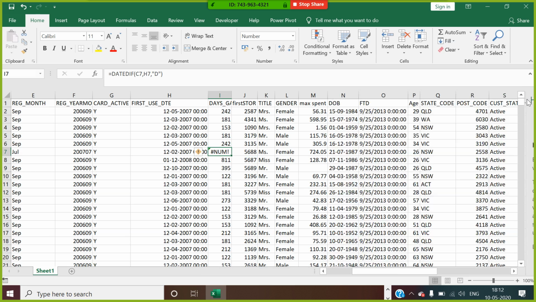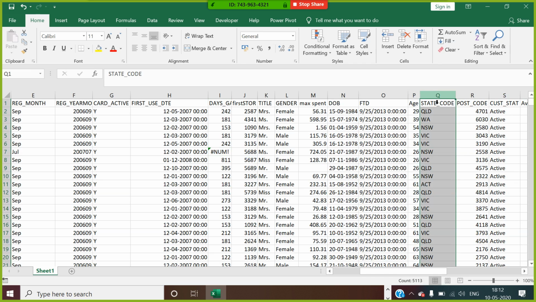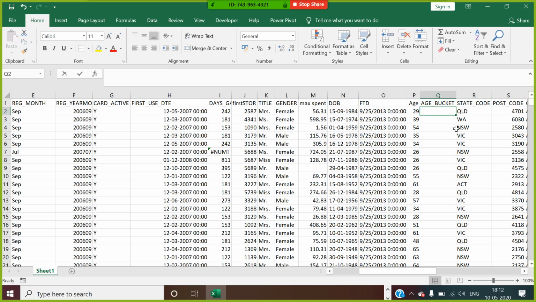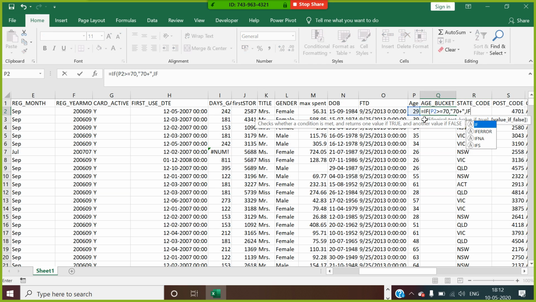So apart from this, to make this data more informative, I'm going to create something called age_bucket. I make a condition: if this age is greater or equal to 70, I call this 70 plus. If age is greater or equal to 50, I call this 50 to 69.